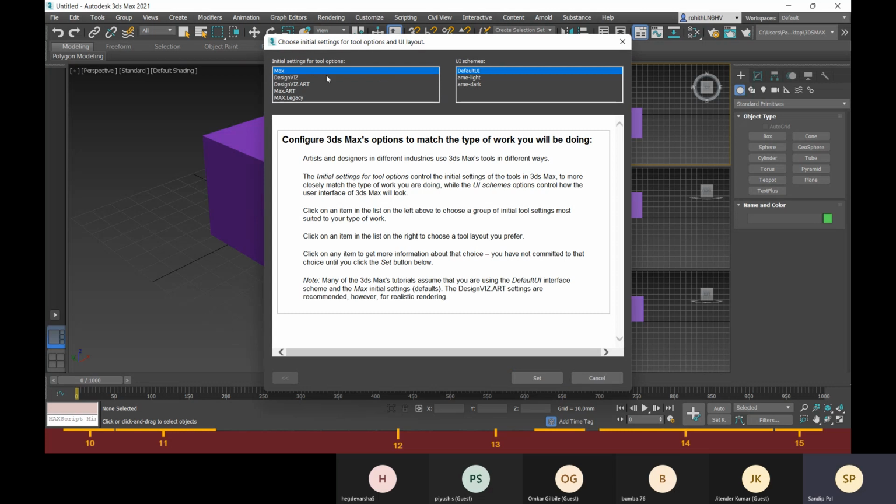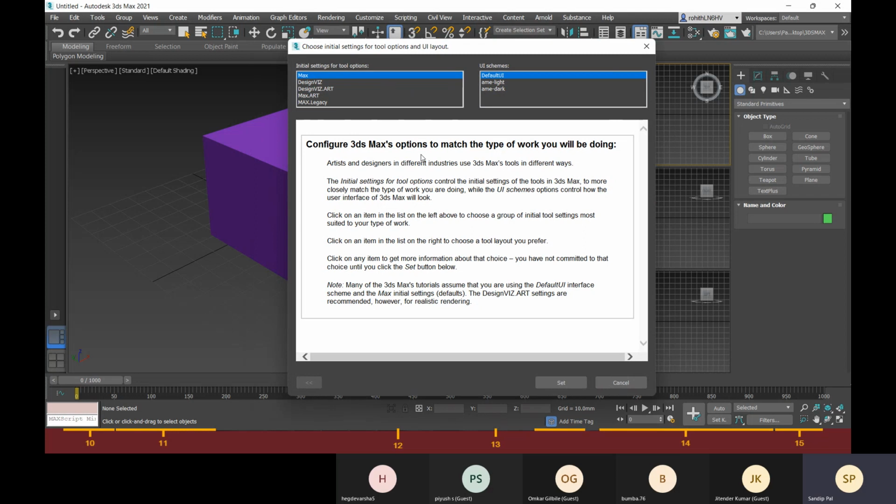Now let me show you that we have this option for your UI layout. UI is your user interface, and for that we have these settings. First, let me show you about the UI schemes. This is about how it will look.